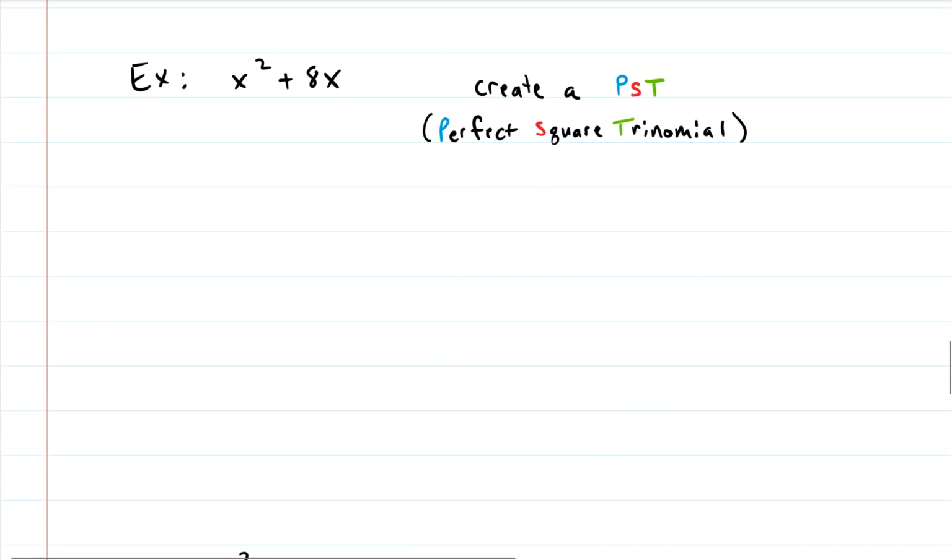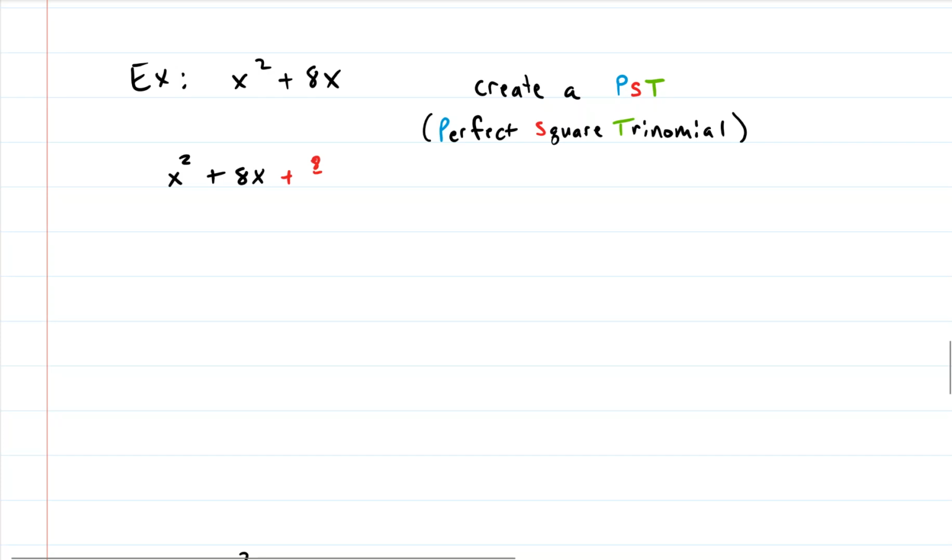So we're given x squared plus 8x. If we wanted to create a perfect square trinomial, then we could complete the square here. So what is the b term? Well, it's 8. So what we're going to do is we are going to add